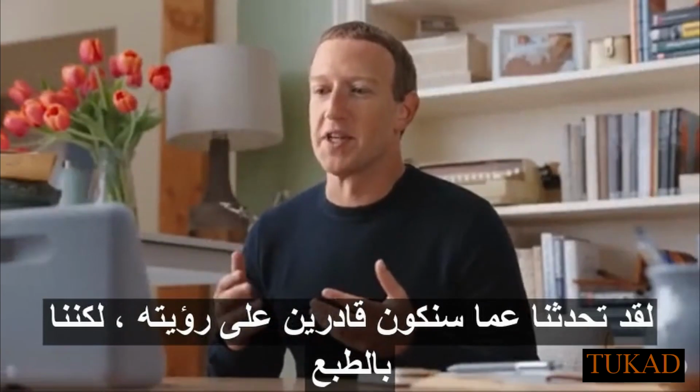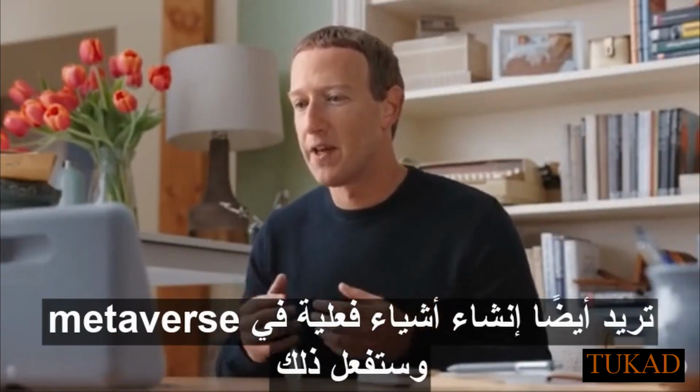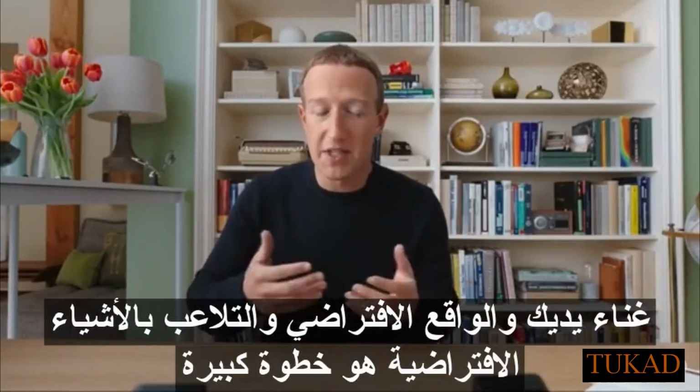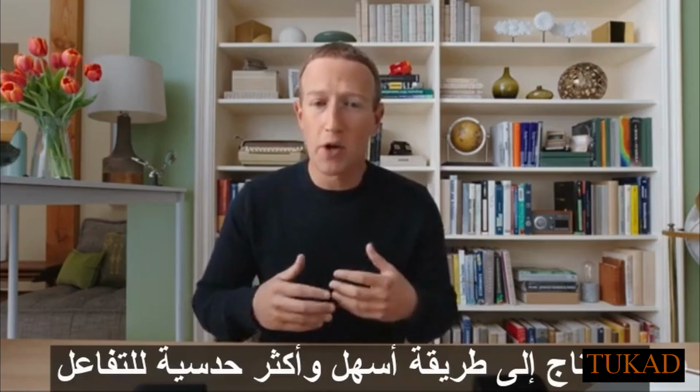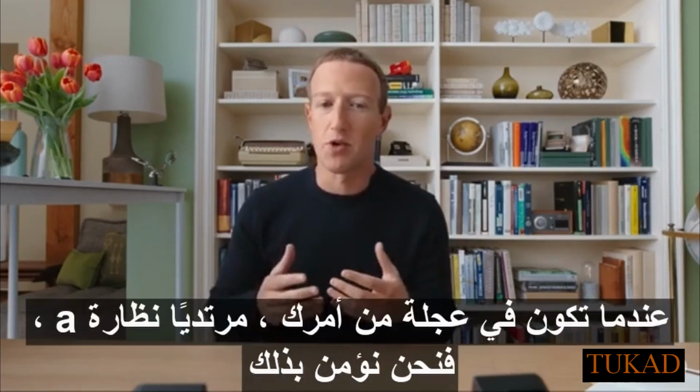What we're going to be able to see. But, of course, we also want to be able to actually do things in the metaverse. And while seeing your hands in VR and manipulating virtual objects is a big step forward towards that, we're going to need an even easier and more intuitive way to interact with virtual content when you're on the go